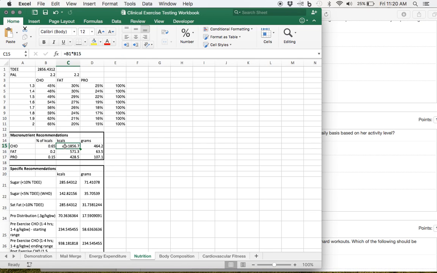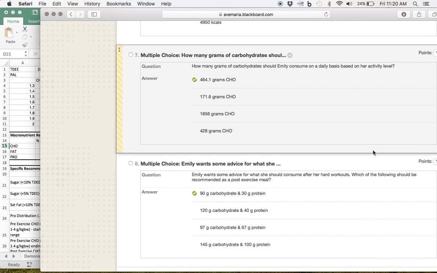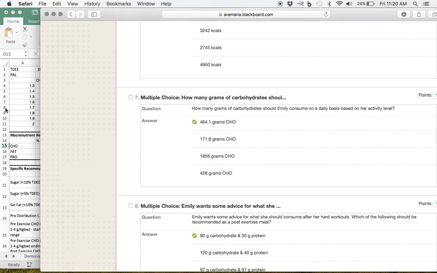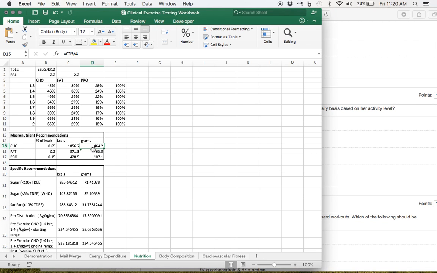How many calories is that? Well, that ends up being 1,856 calories, which we can get by computing total daily energy expenditure by 0.65. What's 65% of 2856? It's 1856. So then we can, I think we're asked about grams, right? Yes, we were asked about grams, so then we have to do one more step and convert calories to grams,